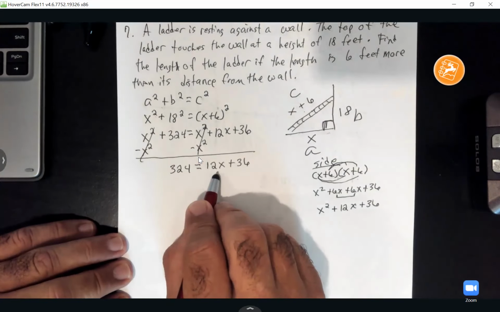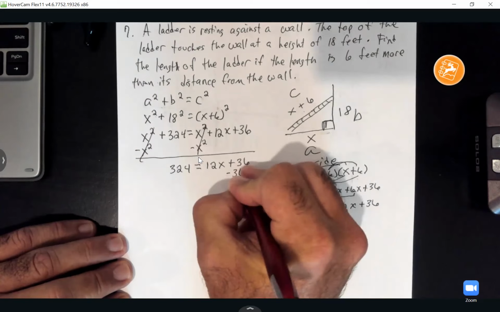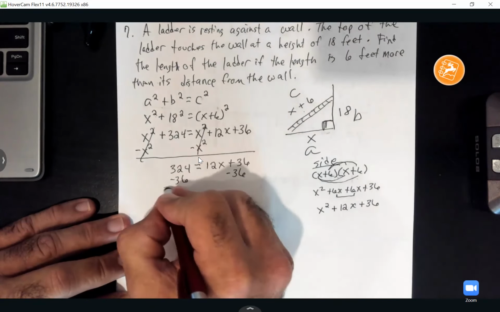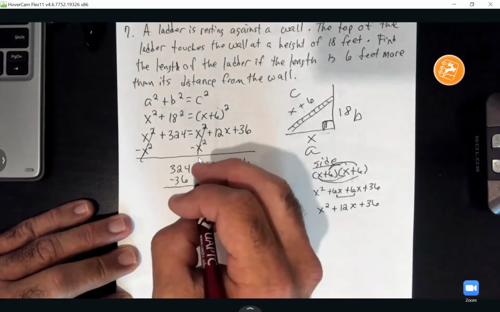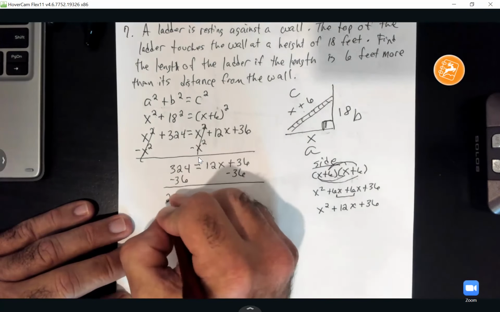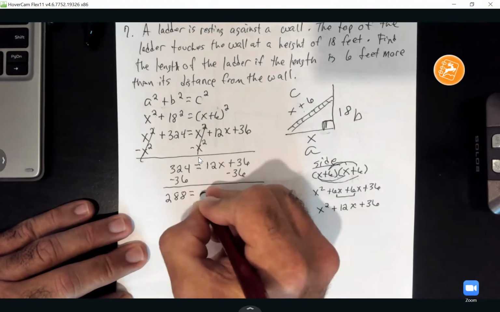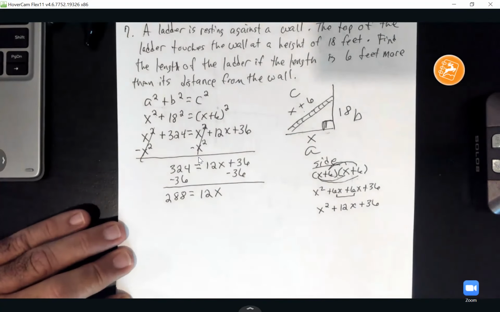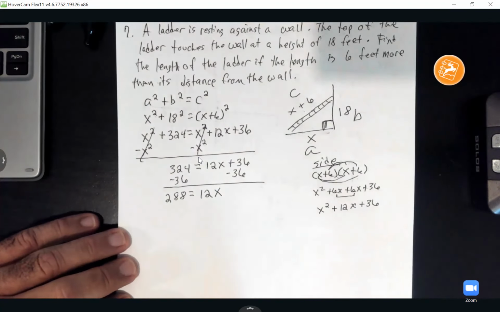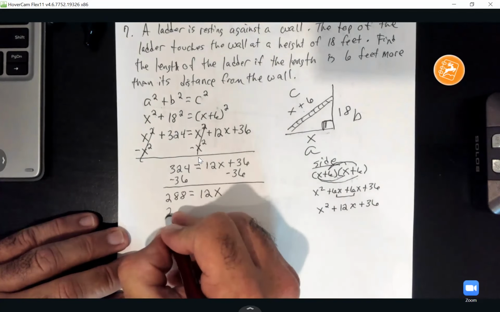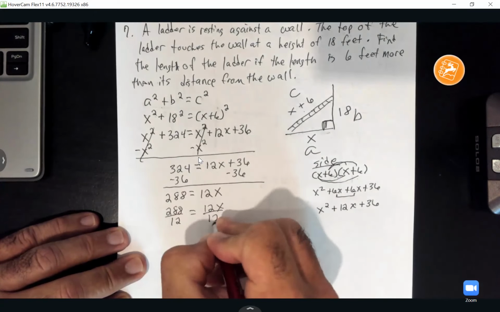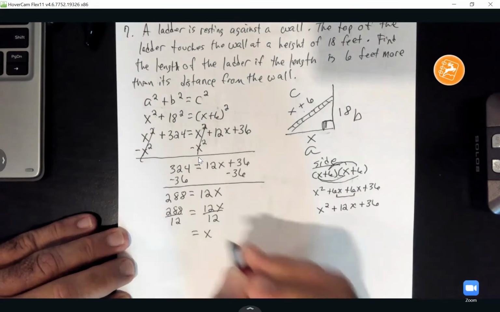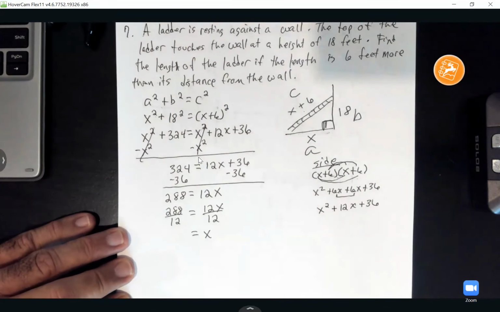So to solve this for the x now, we're going to subtract 36 from both sides. So that's going to give me 288 on the left side. That's going to equal 12x. So y'all, looks like we're down to the last step. We're going to divide both sides by 12. So it's going to cancel, giving me my 1x. And y'all, 288 divided by 12 is going to give me